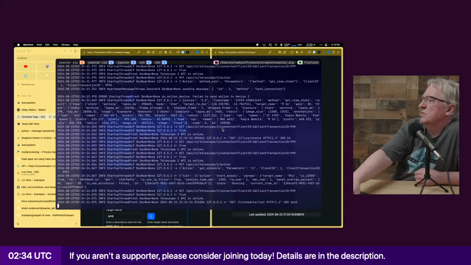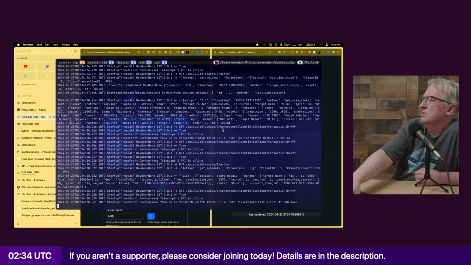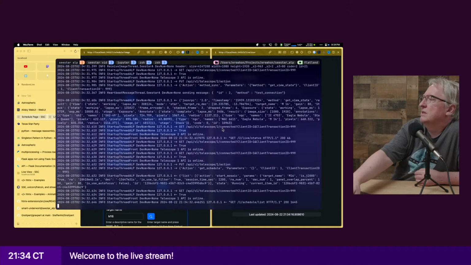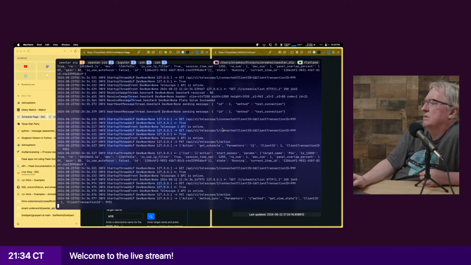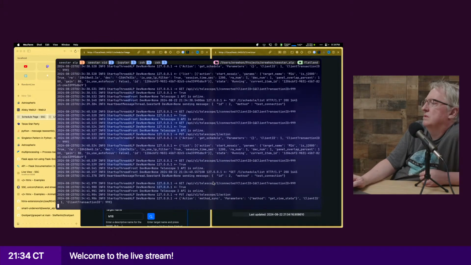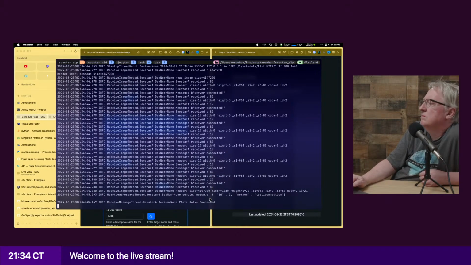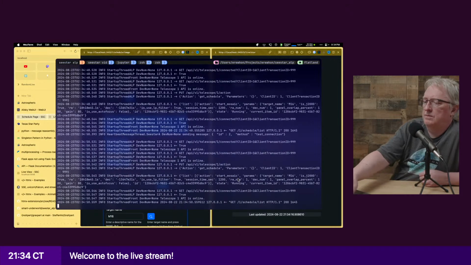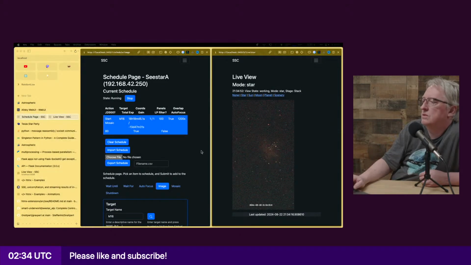Because before it was only returning the continuous exposure, not the live stacked version. Because it's two different commands, of course. No, it looks like it's grabbing the continuous preview version instead.